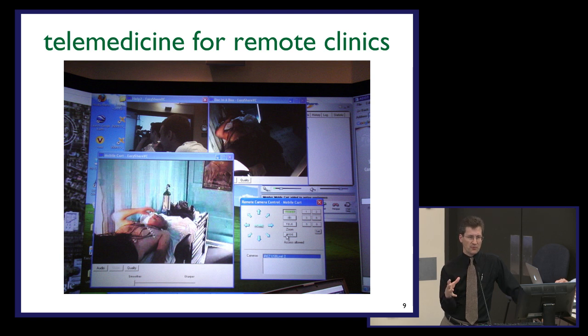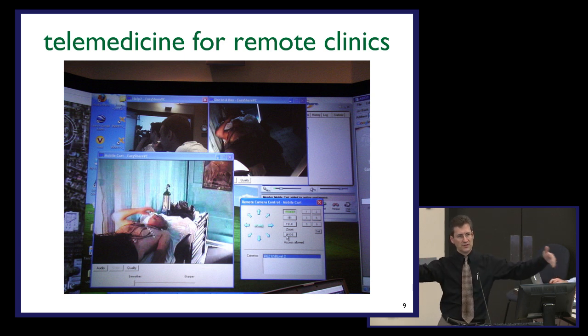A fancier form of that is telemedicine into remote clinics. One of my favorite examples is the Aravind Eye Hospital in southern India. Dr. Aravind has been here at Tuck many times, somebody I know quite well, and they have a very innovative model for providing free eye care, in particular eye surgeries, to the people of that region. But in order to scale beyond the set of people within a half day's travel from their hospital, they needed to create a lot of clinics out further into the villages, again to make it easier for people to interact with them.